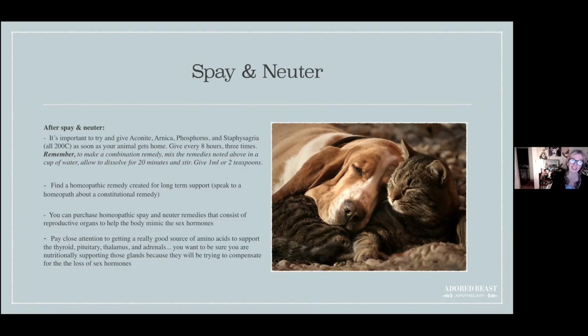Pay close attention to getting a really good source of amino acids to support the thyroid, pituitary, thalamus, and adrenals. You want to be sure that you're nutritionally supporting those glands because they'll be trying to compensate for the loss of sex hormones. So hormones are a waterfall of vitally important